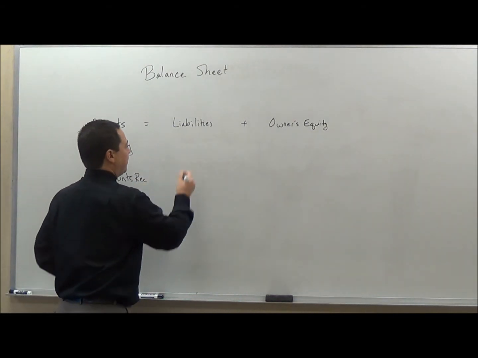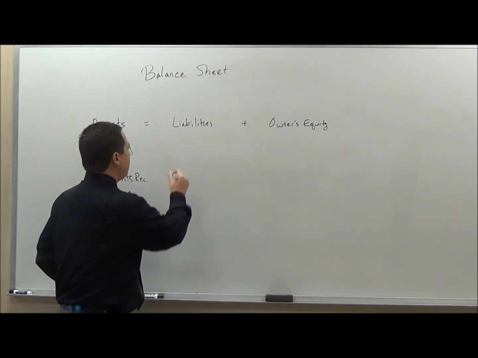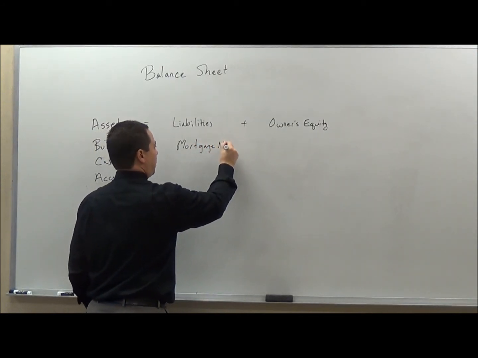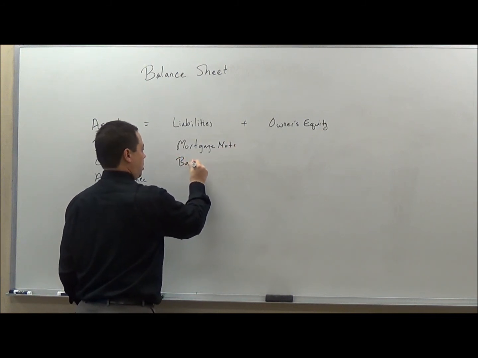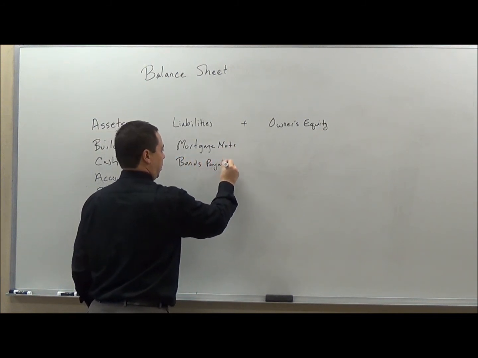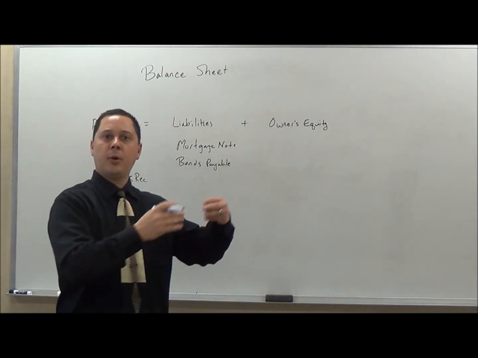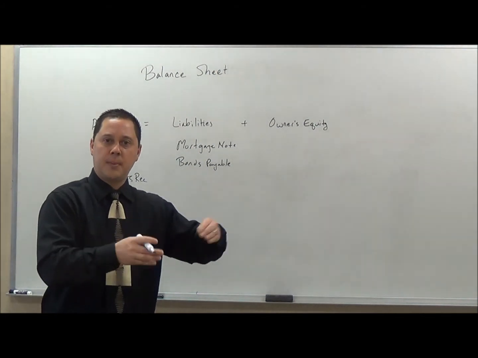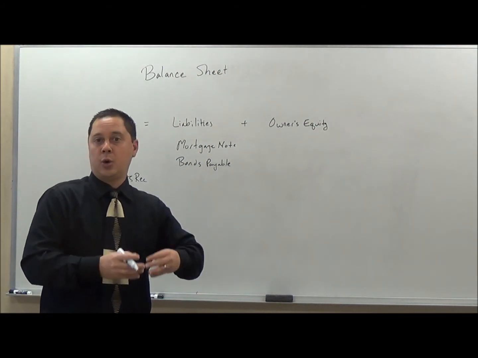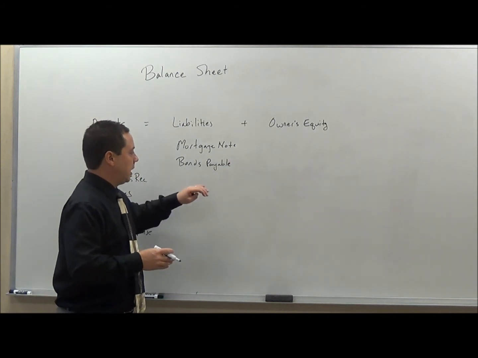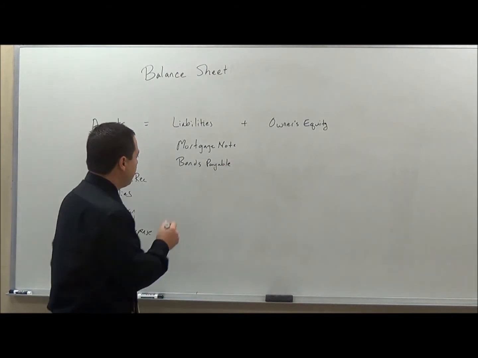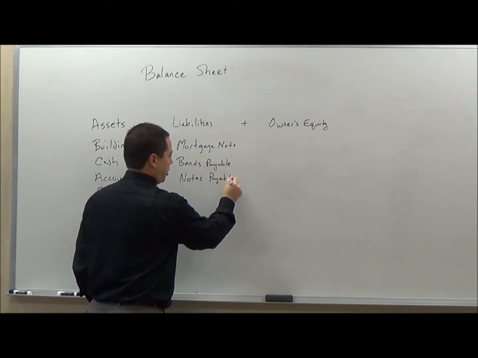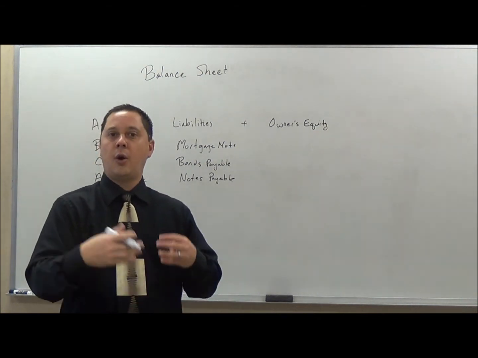Now liabilities may be a little different here, but similar to what you saw in the personal. We may have a mortgage note, similar to what you saw before. We may also have bonds payable, where a company may issue bonds to people or organizations and companies, and they have a commitment to pay interest over a certain time frame, and they may pay that annually, quarterly, or semi-annually, and they'll pay the principal at the end. And then you may have notes payable, which is a commitment to pay, and usually requires interest, and it could be from 3 months to a year or several years.